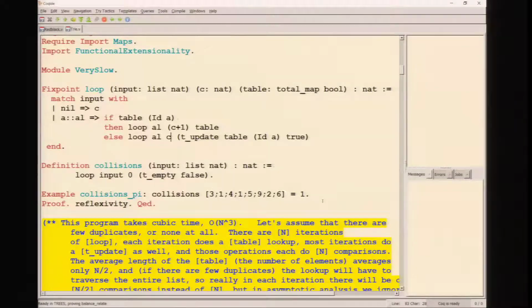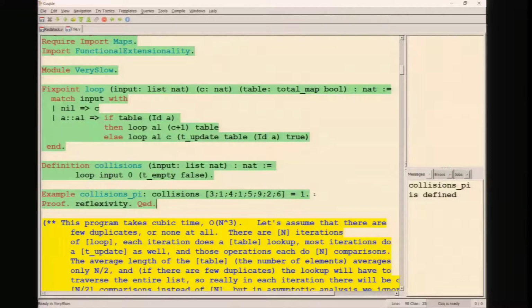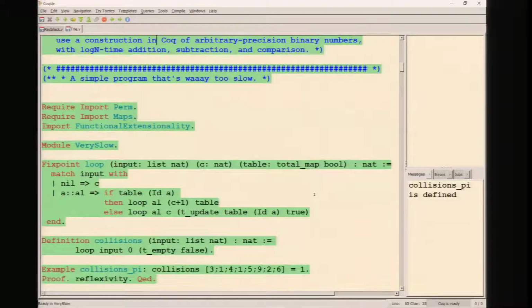Okay, so the number of collisions in this array 3, 1, 4, 1, 5, 9, 2, 6 is 1 by reflexivity. Okay, and how fast does it run? Well, it takes n cubed time. N cubed, that's pretty bad. Where does n cubed come from? Well,